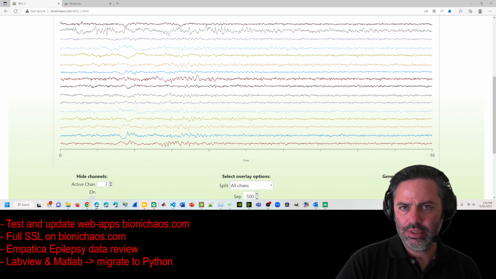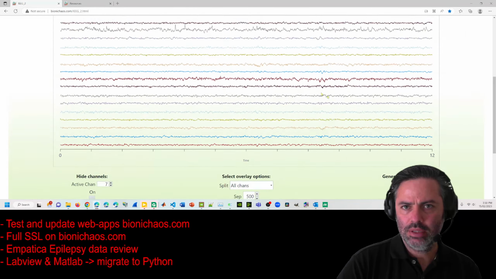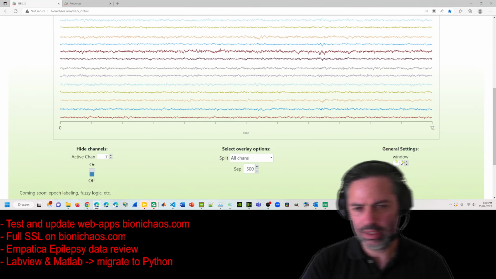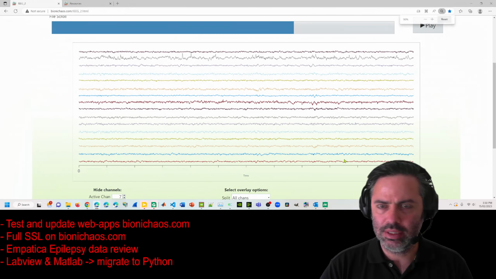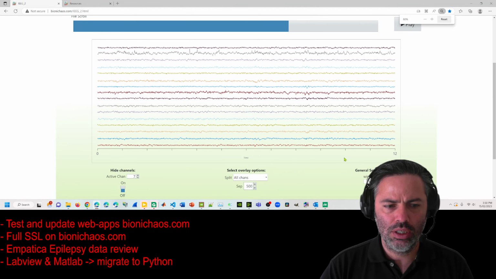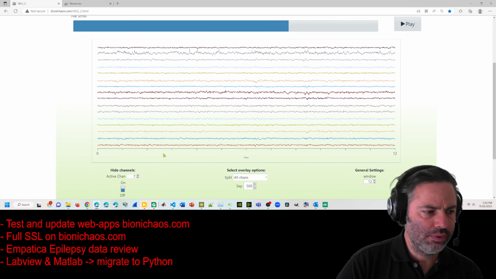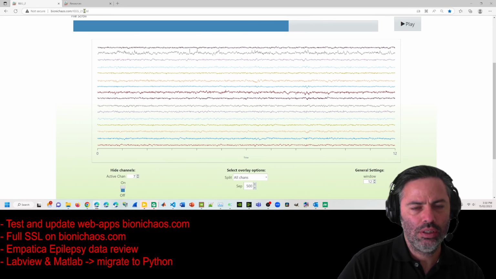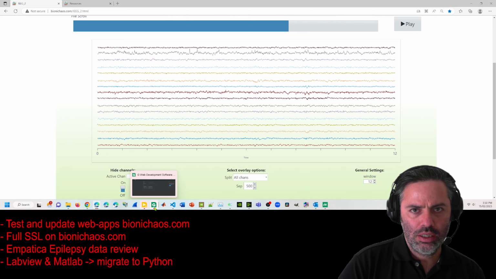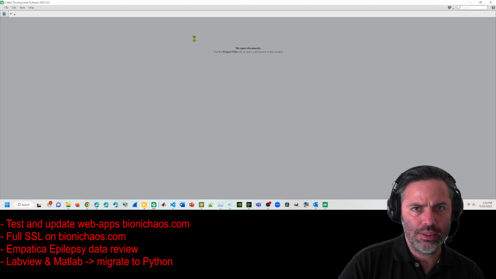So you can increase the window size, and that doesn't work for some reason. Yeah, had to refresh the screen. This is something I need to fix as well. So yes, there's a lot of bugs, but the point of this is to show you the source code. I can make the source code available, and you can just play with it yourself. It's all hosted locally. The API is accessible.